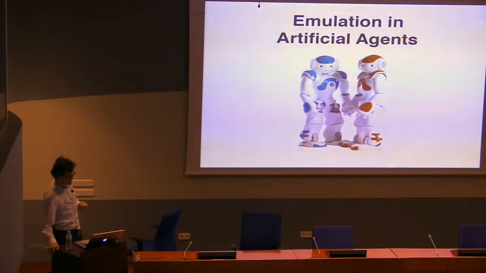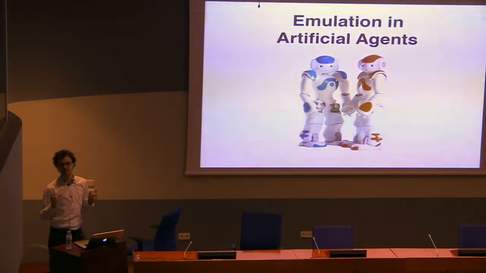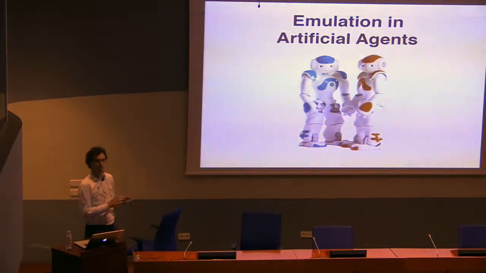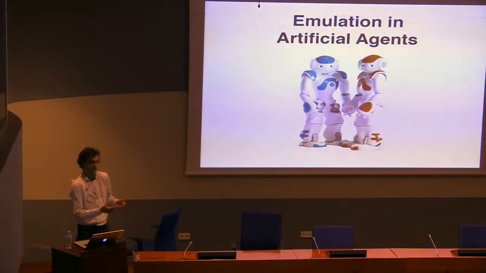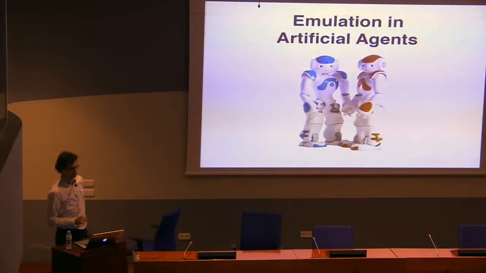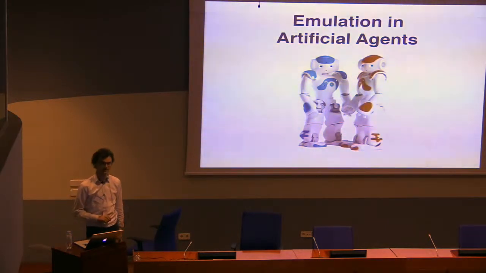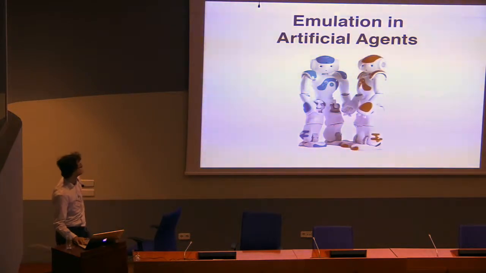So I tried to implement these mechanisms in artificial agents, and there are two reasons for doing this. First of all, if we have this hypothesis in human communication, it's very useful to use a robotic platform or virtual agent modeling as a platform to see the consequences of these mechanisms. Do they actually work? Do they scale up, and so on? But on the other hand, it's also meant to make communication in robots itself more robust.